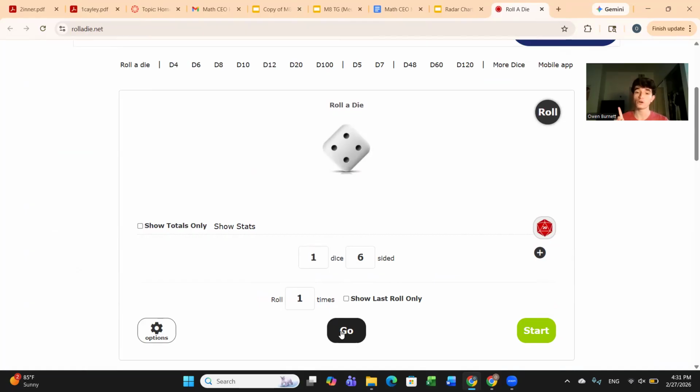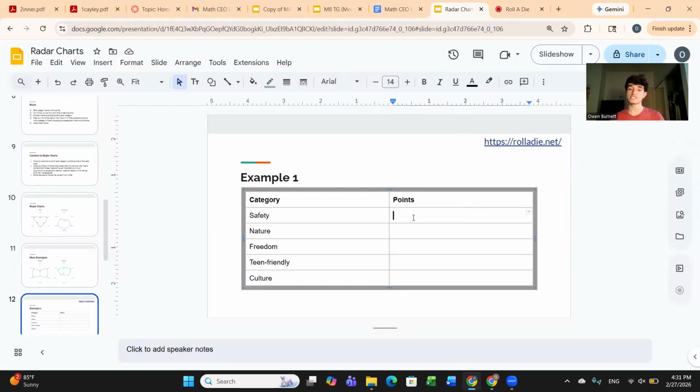We had 3 5s, 1 4, and 1 2. We get to re-roll the lowest, so let's re-roll the 2. We got a 2 again anyway. So let's keep that. And now we designate. So each category starts with 3, and then we are going to add the points respectively to where we want to. So first, we note that we have 3 5s to place. And basically, you and your team are going to decide what you value the most. So for this example, I'll add 5 to culture, 5 to safety, and 5 to freedom, because me personally, I value those a little more than the other 2.